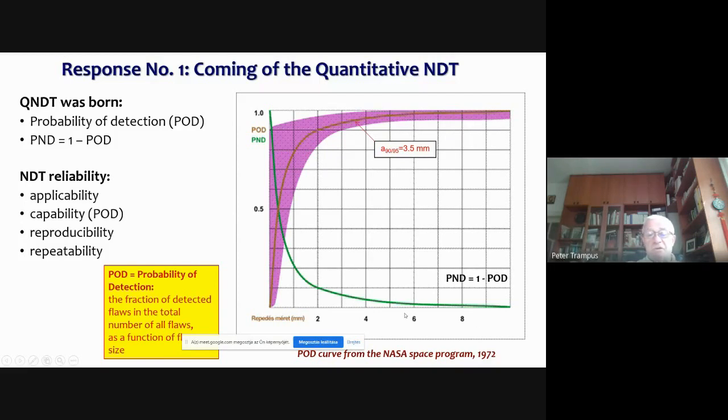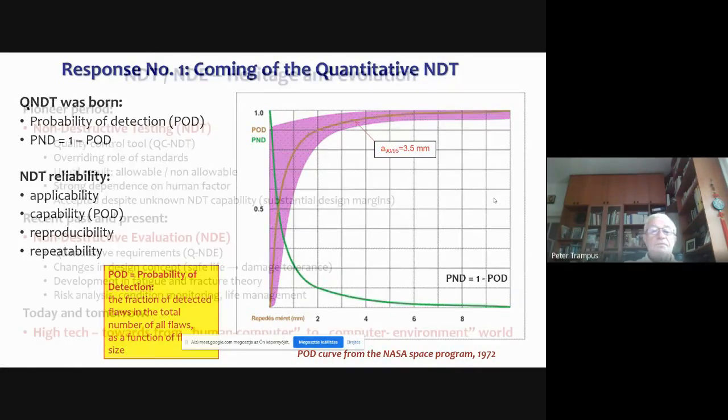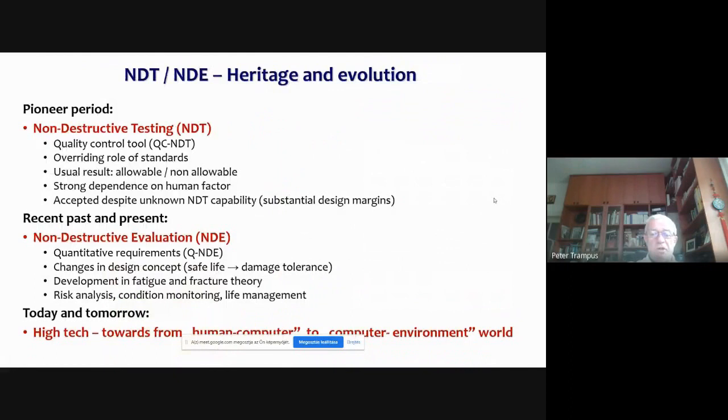And in this picture, this is the probability axis, and this is the flaw size or relative size. In this diagram, it is a concrete flaw size, and this brown curve is the probability of detection, which you can see is lower at the smaller flaw sizes, and then let's say here we achieve the 95% probability in the case of the 3.5 millimeter, and this is the scatter here. Later on, we will come back to this POD in the last presentation.